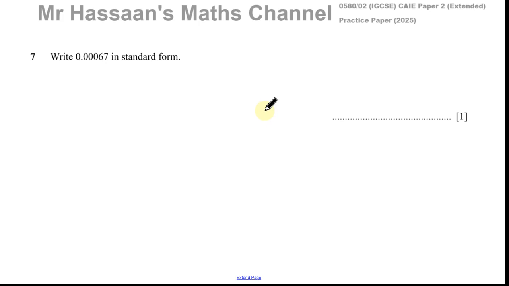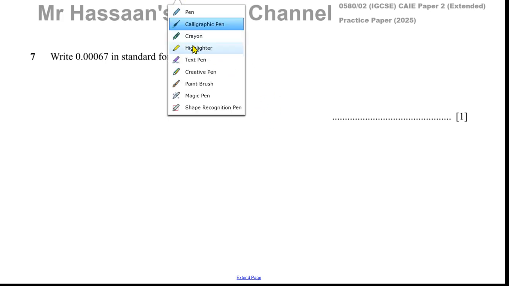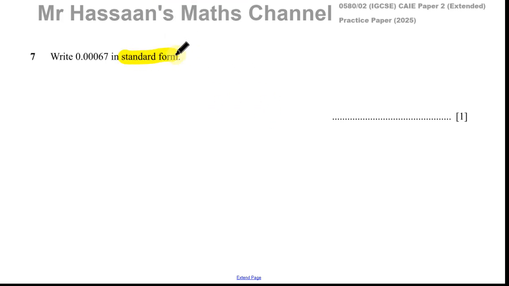0.00067 in standard form. Now standard form in British maths means basically that you have to write the number such that there is only one non-zero digit before the decimal point, and then it's expressed as that number times 10 to the power of something. So here what we do is you look for the first number that you see that is not a 0,